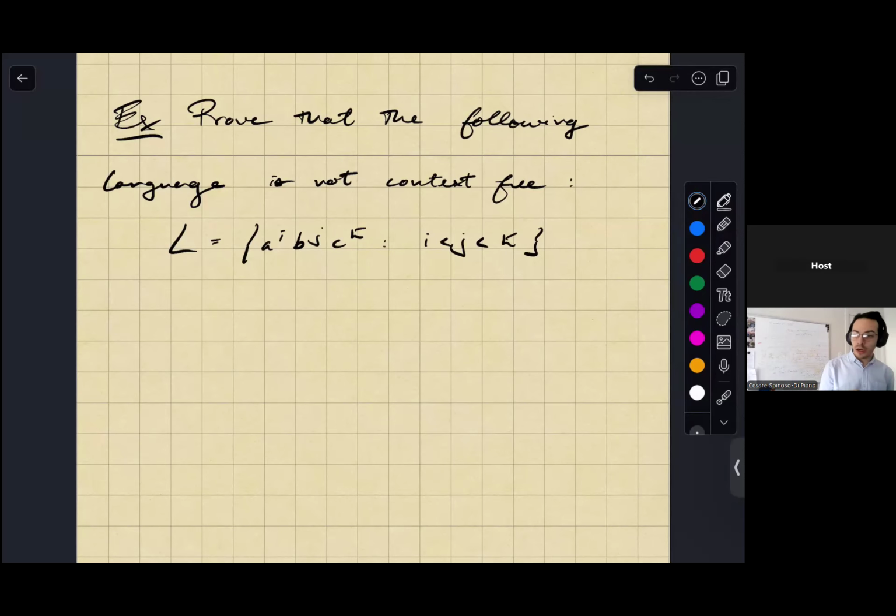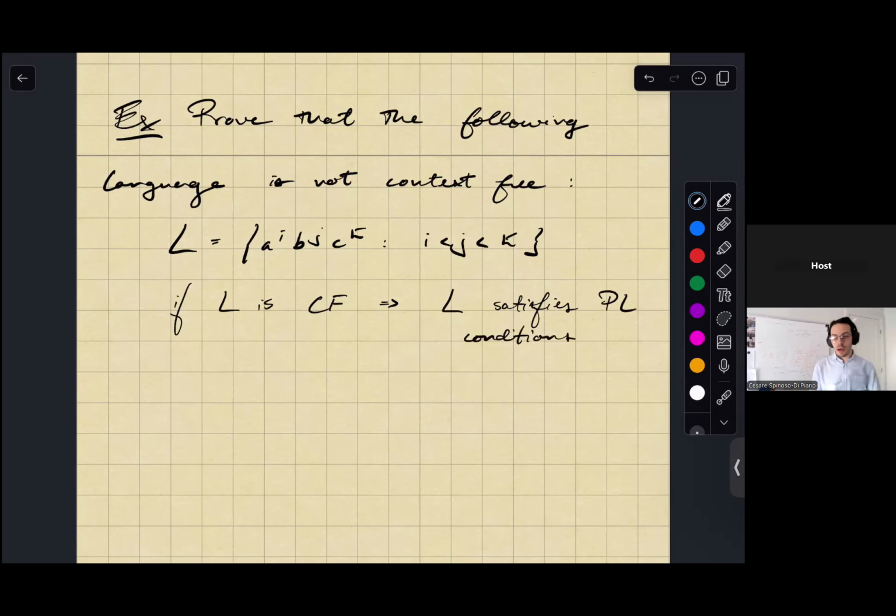So for context-free languages, we have a similar pumping lemma, which says something like: if L is context-free, then L satisfies some pumping lemma conditions. So this is a necessary condition for L to be context-free. And so we can use necessary conditions to show that something is not context-free, because we can say, well, if L does not satisfy the pumping lemma conditions, right? So if we use the contrapositive,